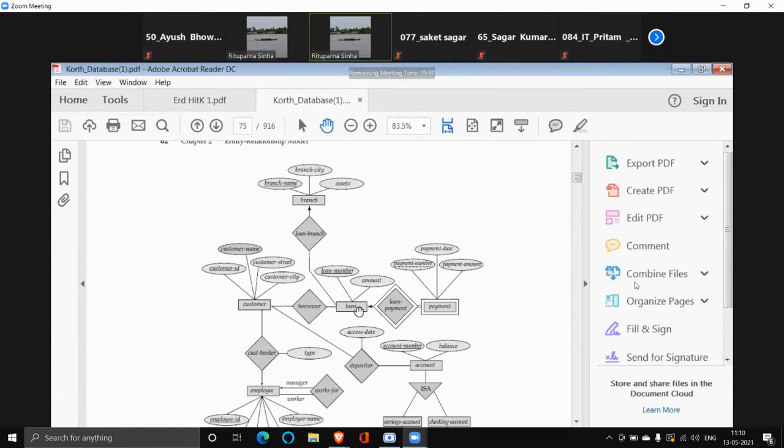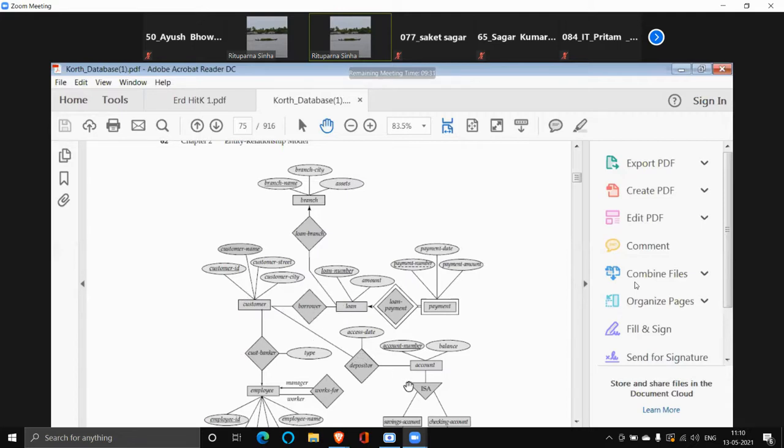Once you have the small relationships between two tables, then you join them. This is the method of doing an ERD, because at a time you won't be able to think of the full picture. What I showed you yesterday was small, like customer and loan.